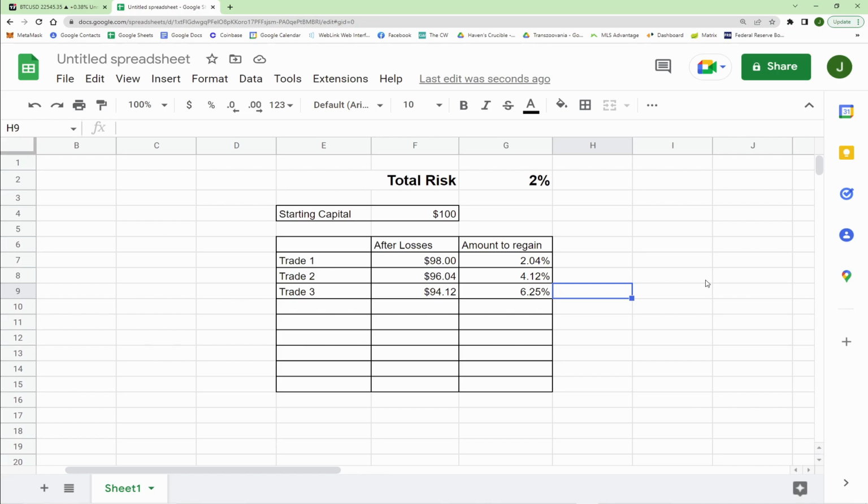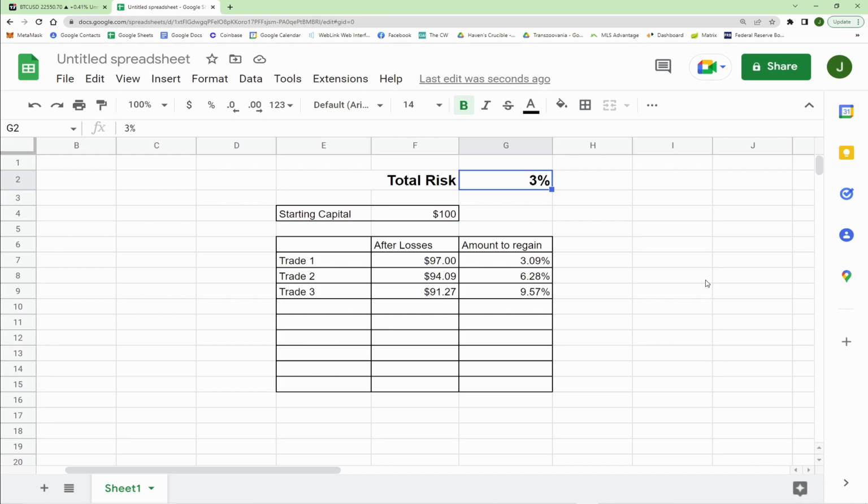Now, you can get 6% of your position in one trade very easily. But 6% of your entire port in one trade, that is not an easy thing to do. And let's say we up it. A lot of traders say 3%. Don't risk more than 3% per trade. We're getting close to needing one trade worth 10% just to make it back to where you were in the beginning.